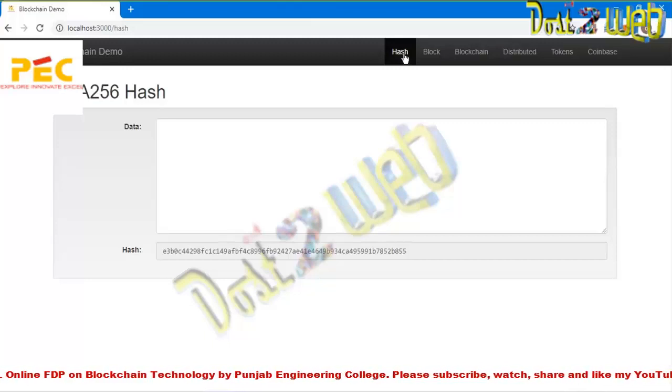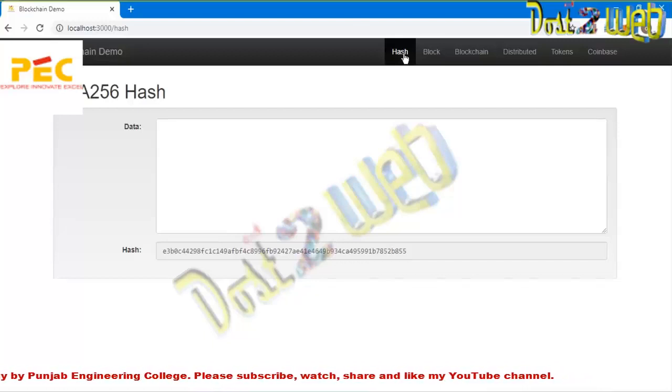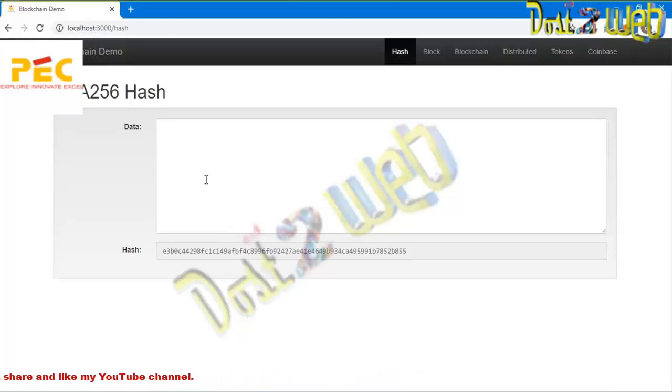Hash is a mathematical function which converts an input of arbitrary length into an output of fixed length. It is basically an irreversible process. That is, the data can be converted into hash, but the hash cannot be converted back into the data. As you can see, currently the system is having blank data. Hence, for the blank data, we are having the corresponding hash. Next, generally the blockchain uses SHA-256 hash in order to compute its hashes.